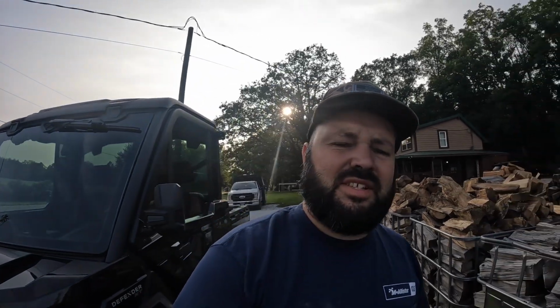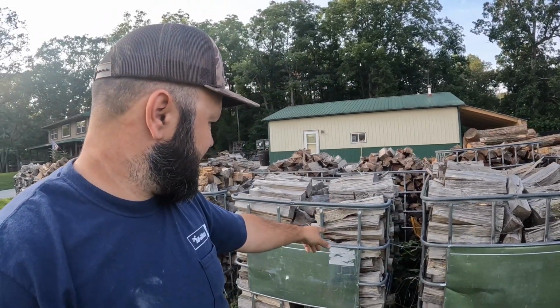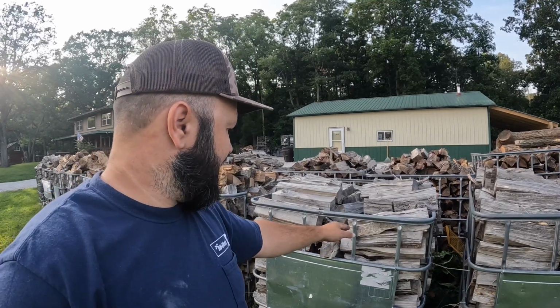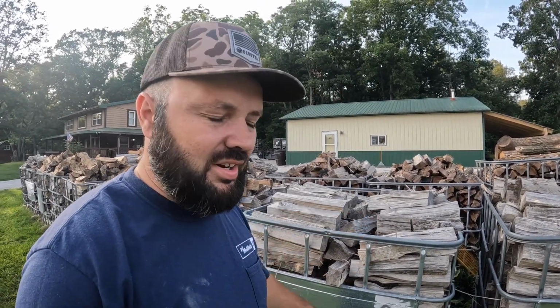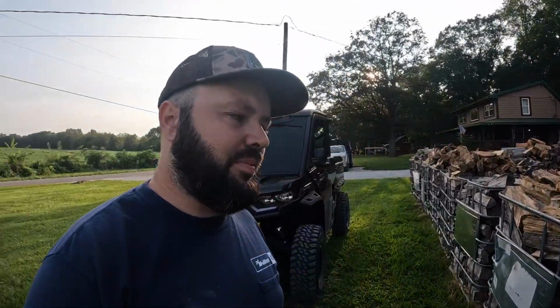Today I'm just stacking some wood, doing some little odds and ends here in my tiny little wood yard, and I was going through some of my rows here and just noticing how much this hickory has shrunk since I stacked it last fall. I remember I had it pretty level, it wasn't this far down, and it just shrank so much on all of these. So I was going through and kind of topping them off with some